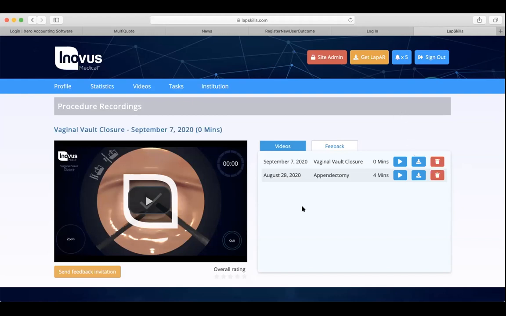But what we would tend to see, and I'll give you an example of this actually in one of the final slides, is that the trainers, the expert surgeons, will say to their training surgeons, I want you to do 10 of this, 10 of this, 10 of this, and 10 of this. And on the 10th one, I would like you to record it and send that to me for review. So there is no absolute requirement. And we really leave that open to guidance by whoever is delivering the training and running the sessions, because we don't want to pigeonhole people into doing that. Hopefully, yeah, that's answered it.